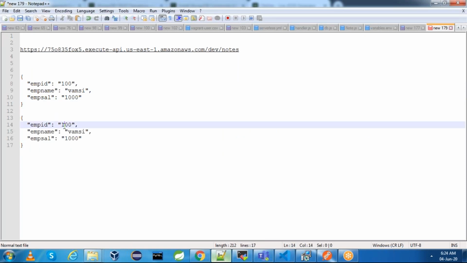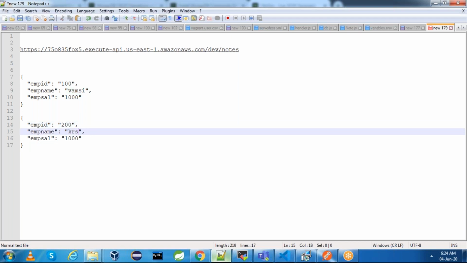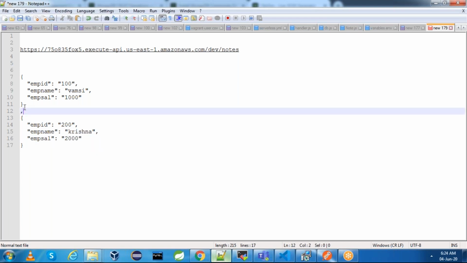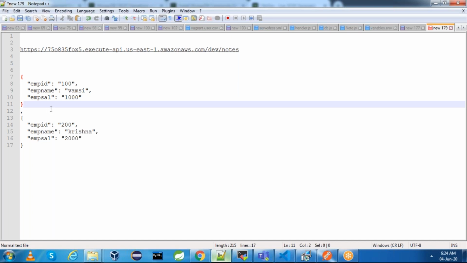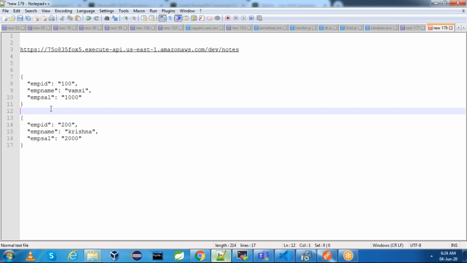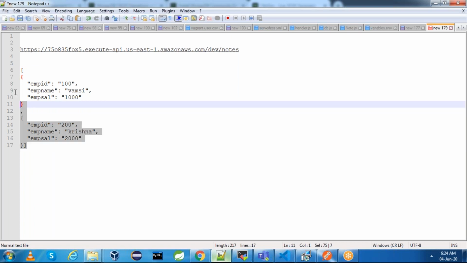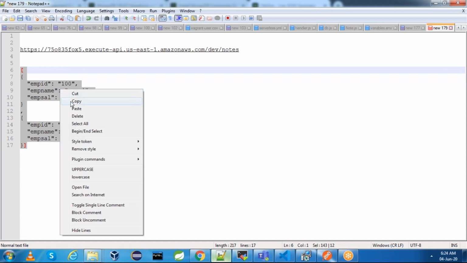Let me change it to another one. This is another document. Now what I will do is, comma, as this is multiple, I will create this as a list. We can follow this.